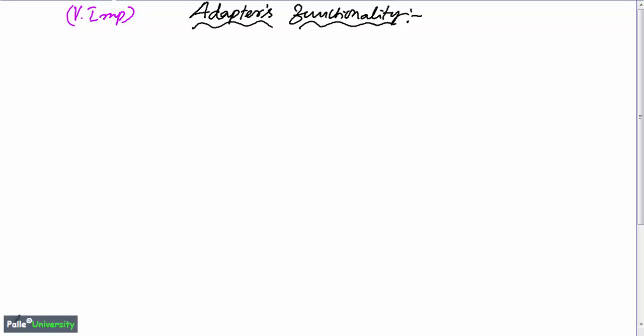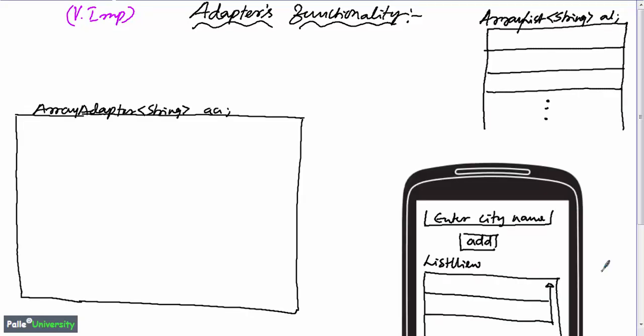First, let me draw the same pictorial representation which we have seen in the previous session. Our pictorial representation looks like this. Now we understood that when the user clicks on this button, we will take this city name entered in the edit text box and add it to the array list, and then the programmer will tell the adapter by calling array adapter AA, that is the variable name of the array adapter, dot notify data set changed.